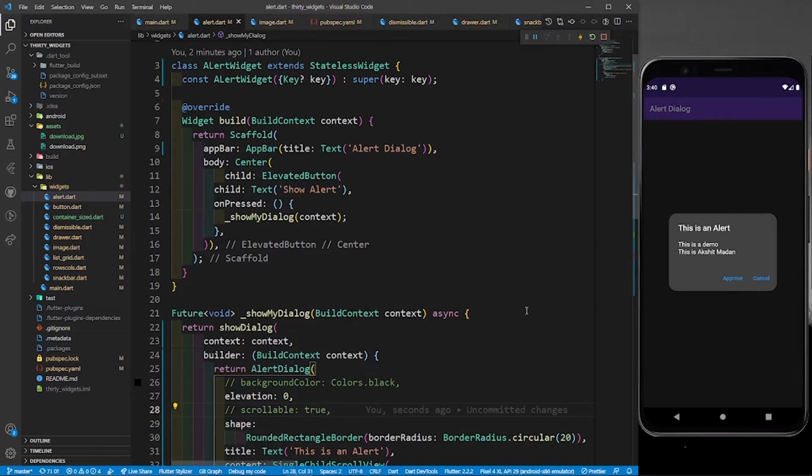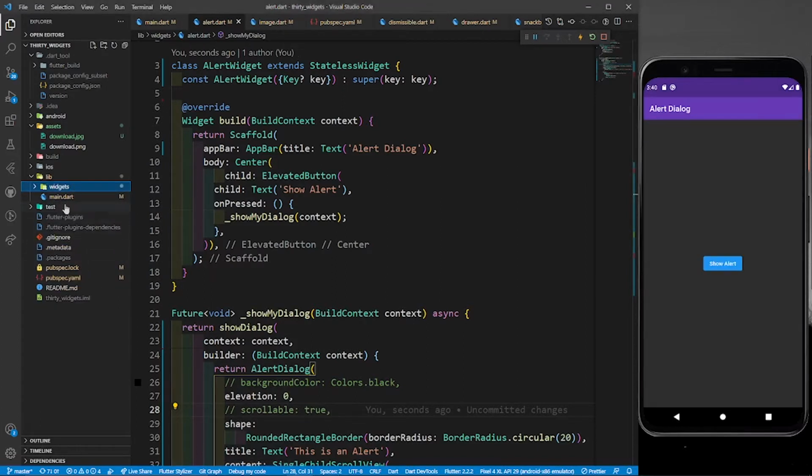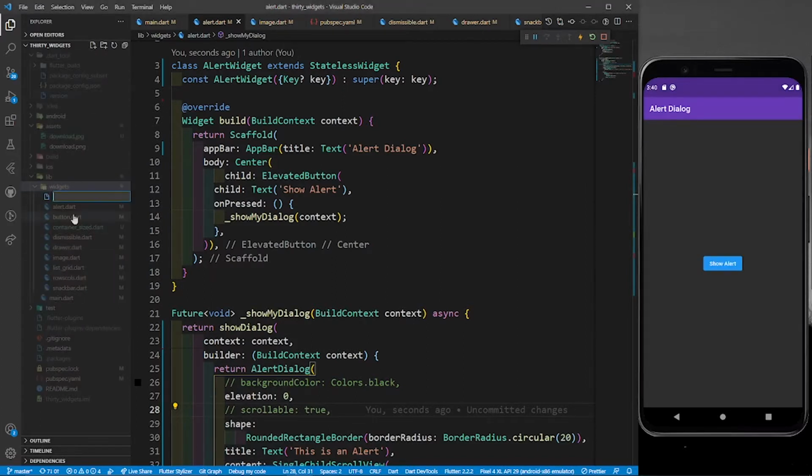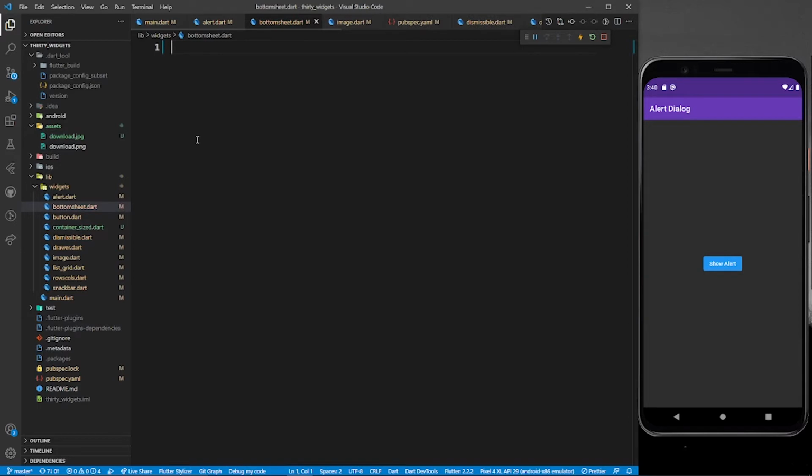So now let's go to VS Code and start coding. In the last part, we have covered this alert dialog box. So let me create one more file in this widgets folder and let me name it bottom_sheet.dart. Code is there on the GitHub repository. Anytime you can check it, you can refer to it. I hope that you are also referring to the Flutter official documentation. That's a very important thing to do.